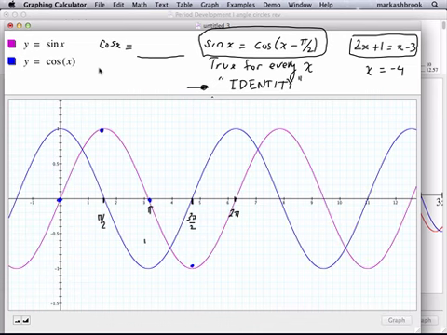So sine is the pink one, cosine is the blue one. We were asking, how would you have to transform sine to get cosine? What would you need to do to sine to get cosine? You'd need to make it start how? Ahead or behind? How much ahead? If you made it start ahead, back here, pi over 2,